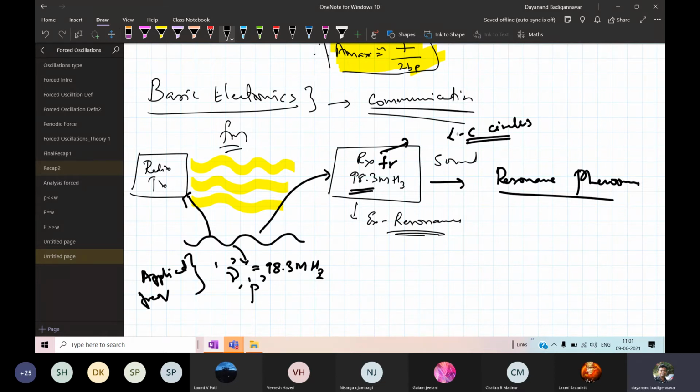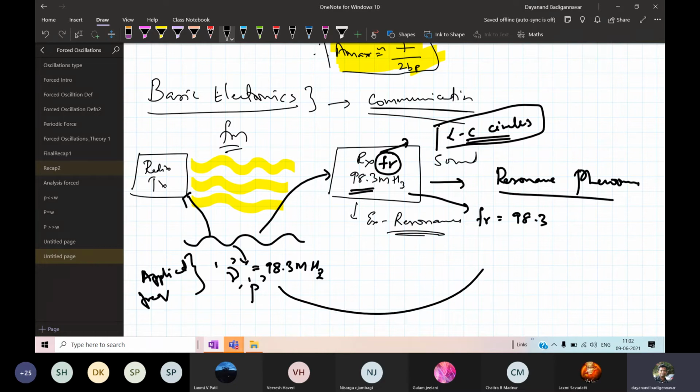As L and C vary, the frequency of this circuit changes. When you set the receiver to 98.3, the frequency of the radio waves matches with the frequency of the